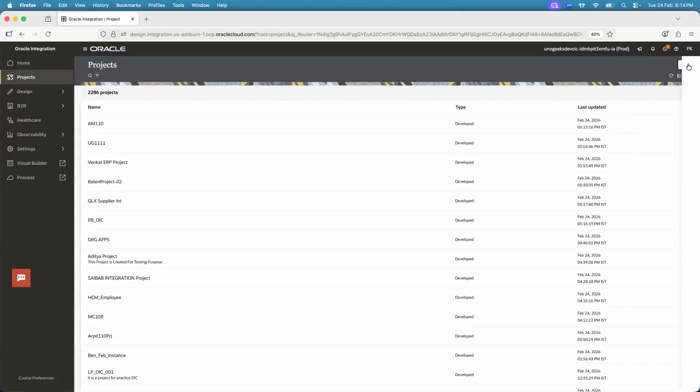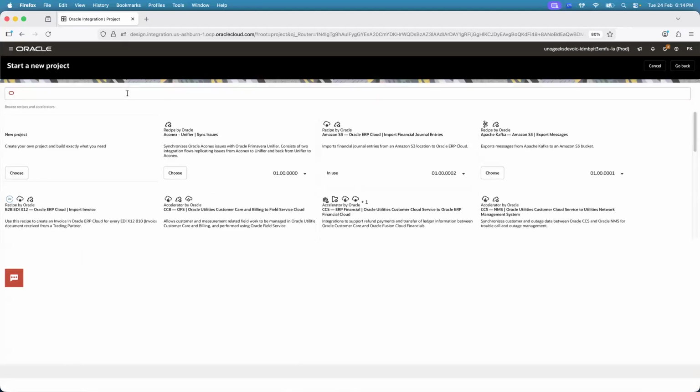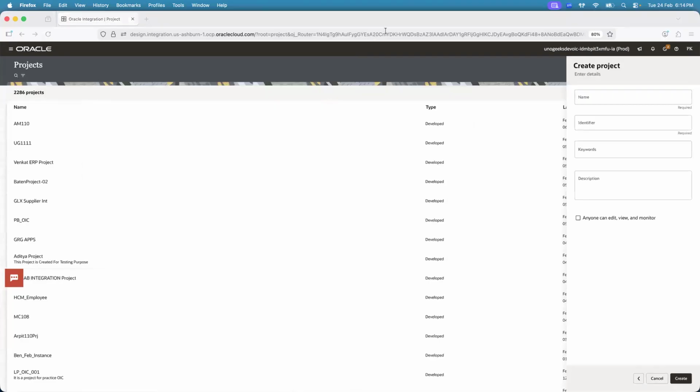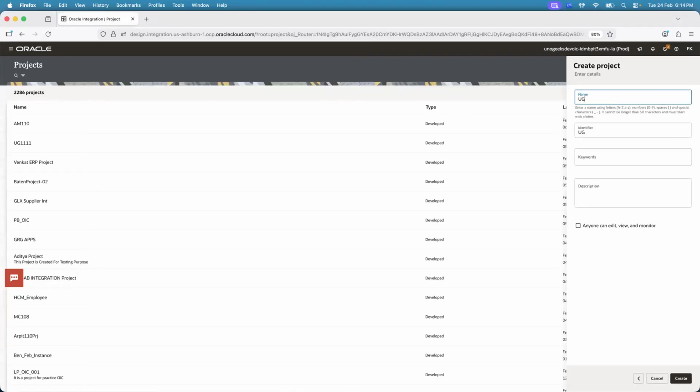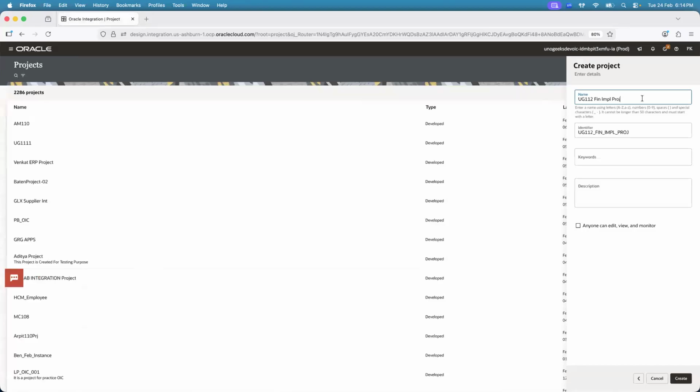So let's say I create a new project here, and I'm going to call it UG. Let me create this as a new blank project, and I'm going to call it UG112, and describe it as a finance implementation project. Assume that I'm creating a project for my team. I create the project, and after I create a project,